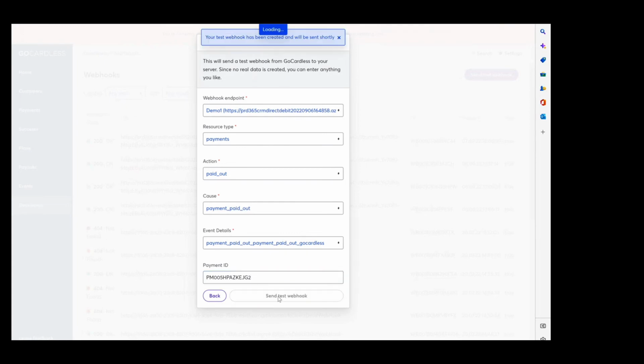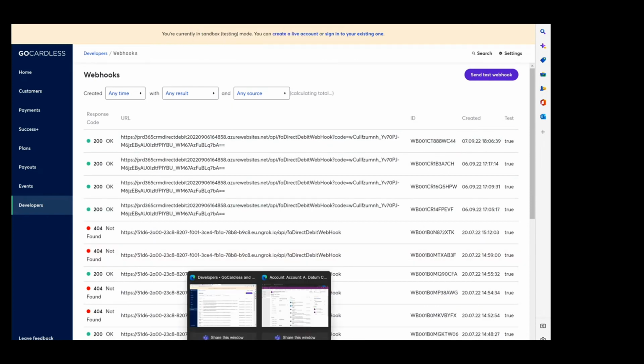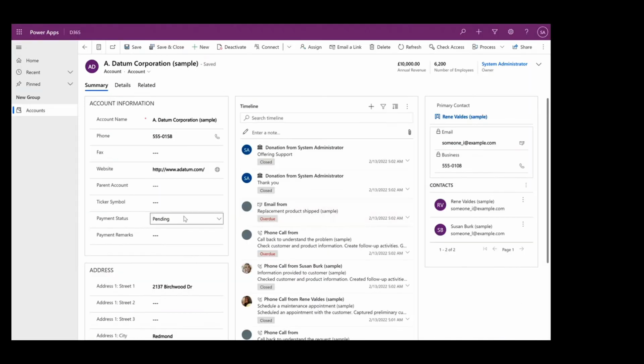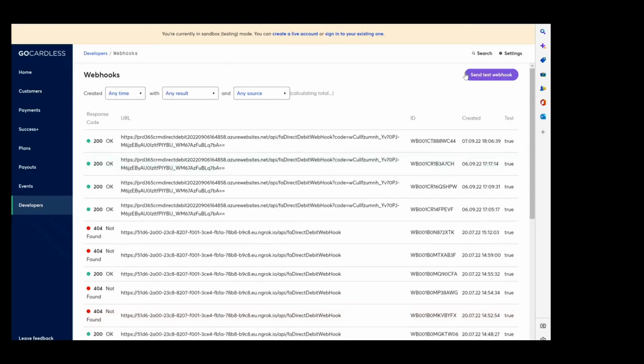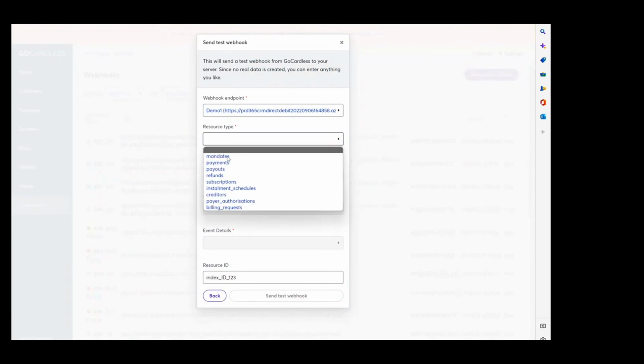So now you can say the information is passed. If I go back to my Dynamics, this is the form. If I refresh, you can see the status changed to paid and payment has been collected. Right? Now, let's say I go back to this test webhook and send another webhook saying payment